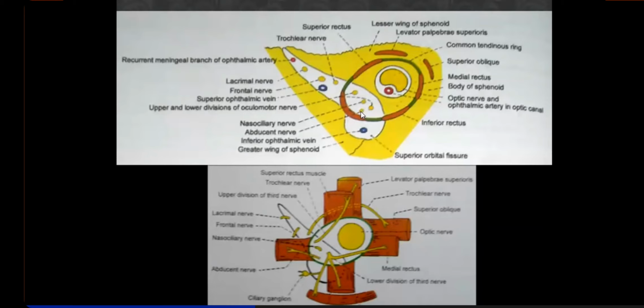And now again, the word infrolateral has been used. This also has been asked. The abducent nerve, first of all, from where does it emerge in the orbit? It passes into the orbit through the middle portion of the superior orbital fissure, that is one thing. Then it passes infrolaterally to the two divisions of the oculomotor nerve, right? So here also it is passing infrolaterally in the middle portion of the superior orbital fissure, that is the abducent nerve.